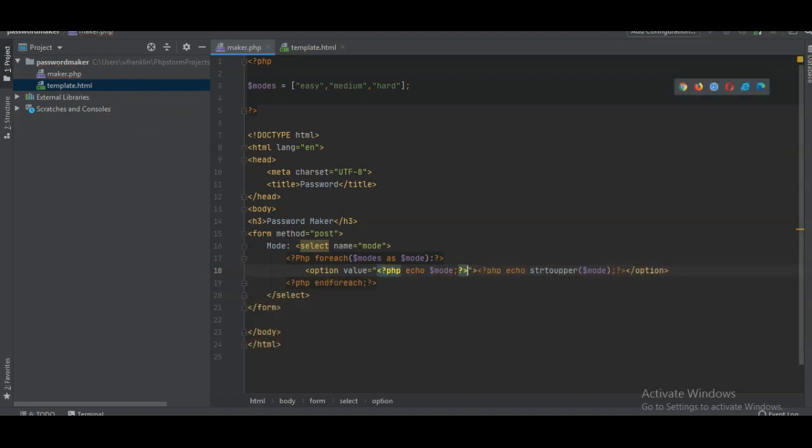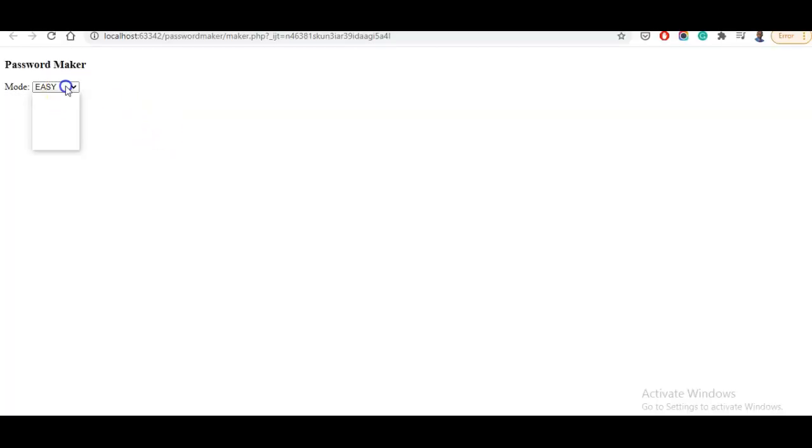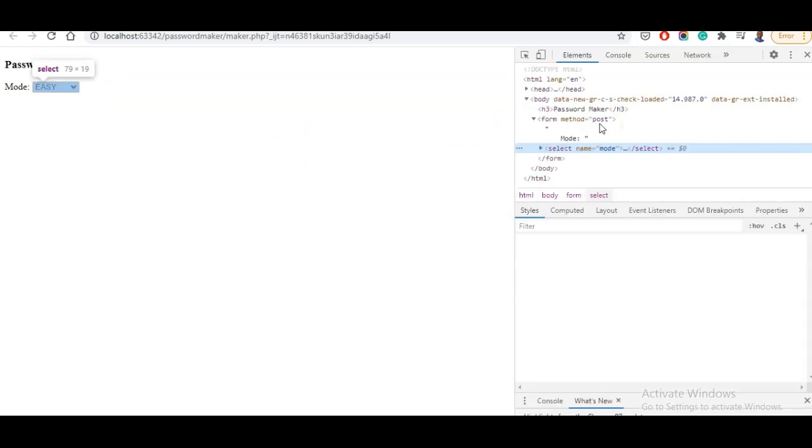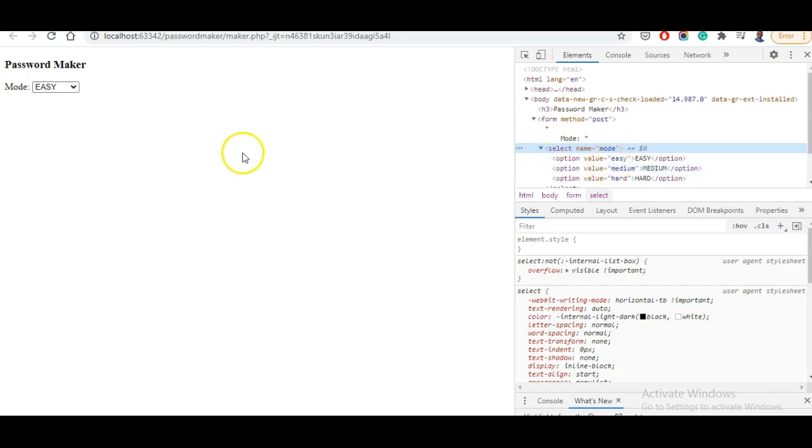Alright, and now we're just going to test this. Alright, so you can see from the output we have our modes listed here, in capital letters, and the values should be easy, hard, or medium, easy, medium, hard, right? So